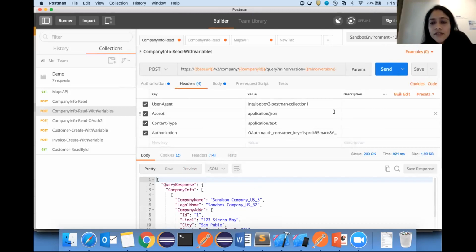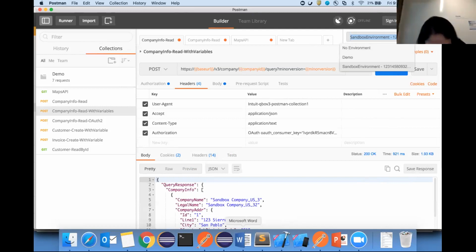So this is how you can use the environment variable. And one thing that it helps me is when I have to test in different types of environments. So this is my demo workspace. I also have a